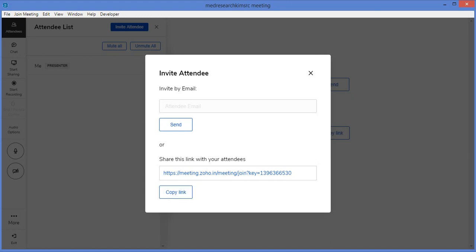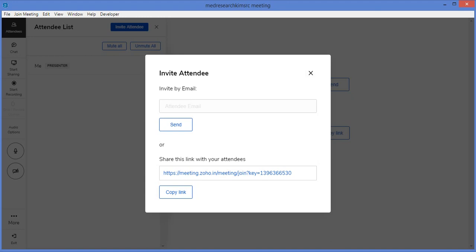If you want to share the link, you can press the copy link button. Now it is showing copied, and the copied link can be given to the WhatsApp group or the class representative in the WhatsApp, so that they will forward it to the other students, where everybody can click on the link and join your class. So this is how you can invite.